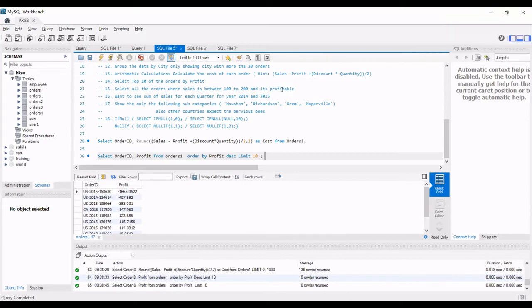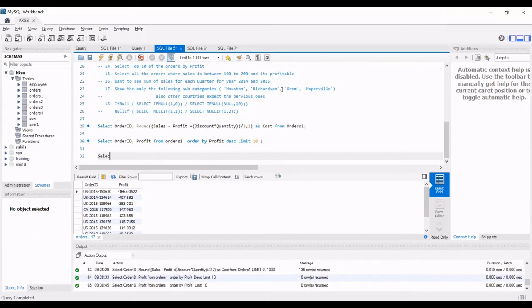Select order ID, sales, profit from orders1 where sales is greater than 100 and sales is less than 200 and profit is greater than 0.